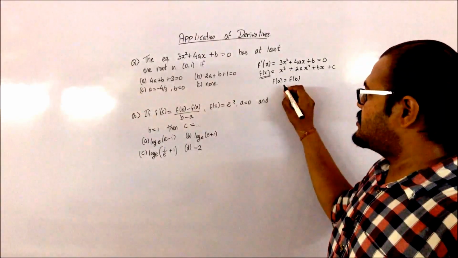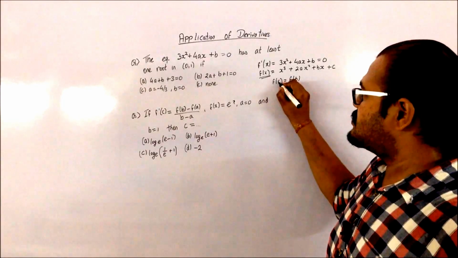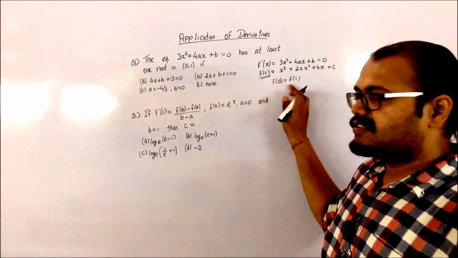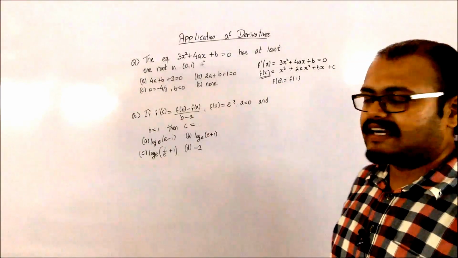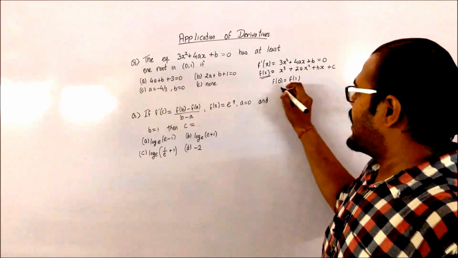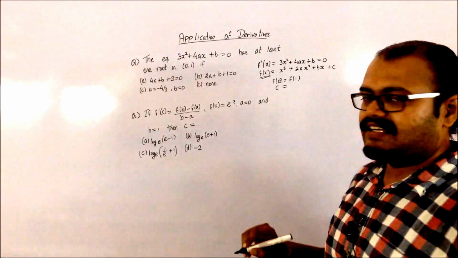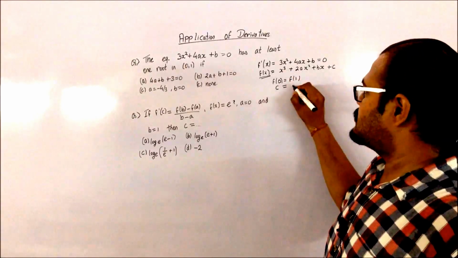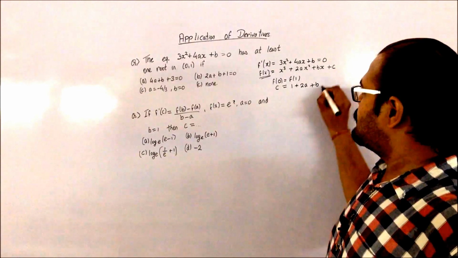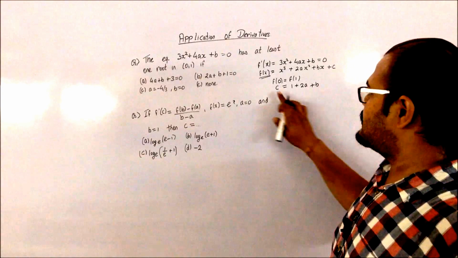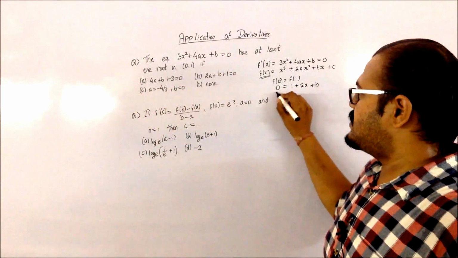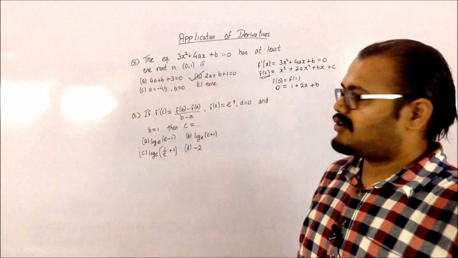So if I substitute my a, in this case it is 0, and my b, which is 1, my f of 0 should be equal to f of 1. That is the condition given to me. So I have to just substitute the values. If I substitute 0, I will get the value c, which is equal to f of 1, which is going to be 1 plus 2a plus b plus c. So the c gets cancelled out, and I am left with the equation 2a plus b plus 1 equals 0. So that is your option B.